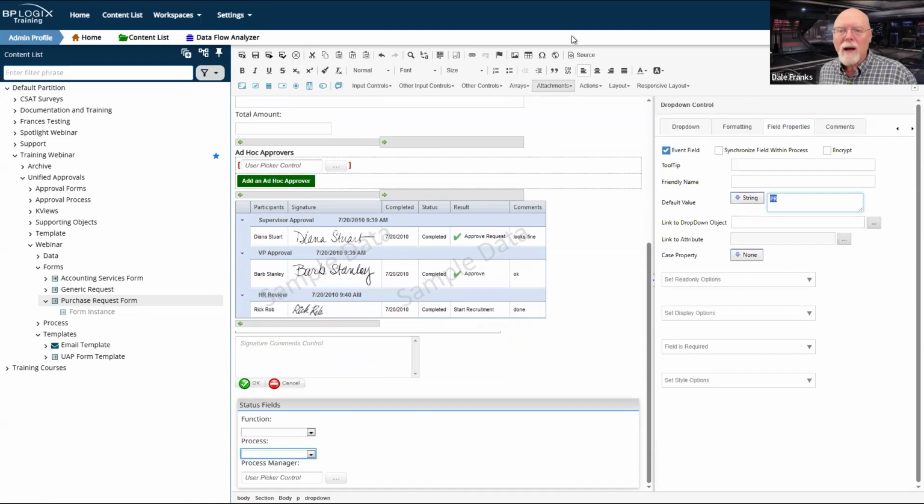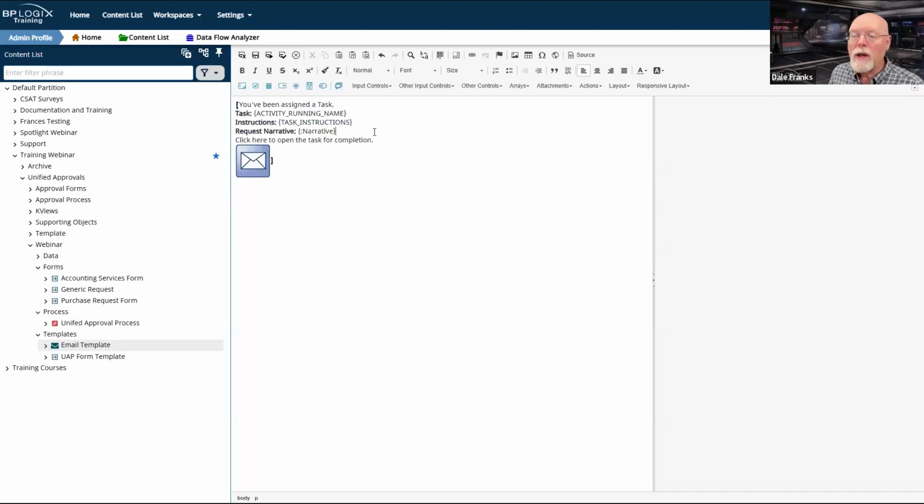So I'm going to need a hidden section or an embedded section in my email template that only displays if the process type is a PR. This is where customization of your email template becomes important, because every request is going to have a narrative. That is a common field that I know is going to be on every request. The total amount is not. So I have to customize my email to only show the total amount field whenever it's appropriate to do so.